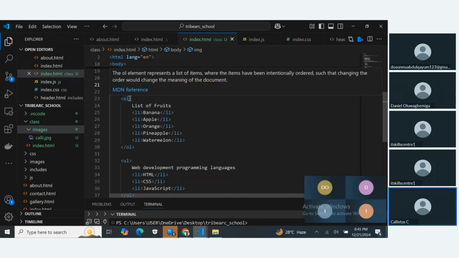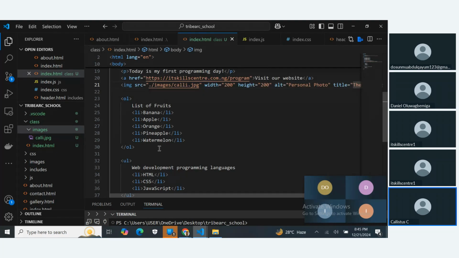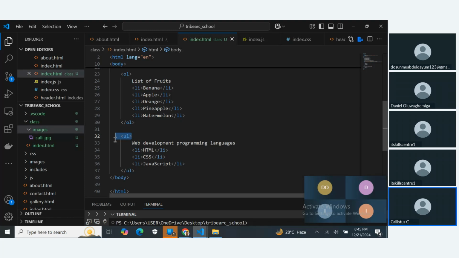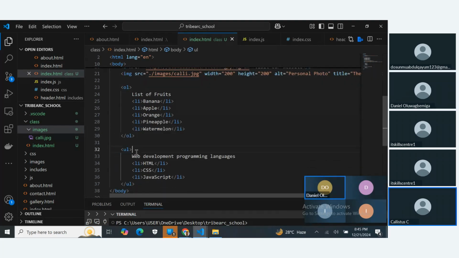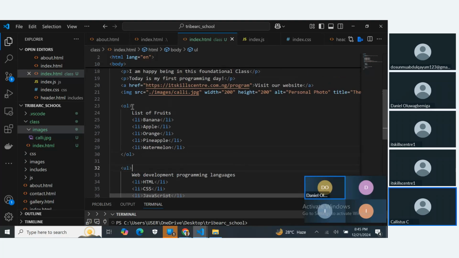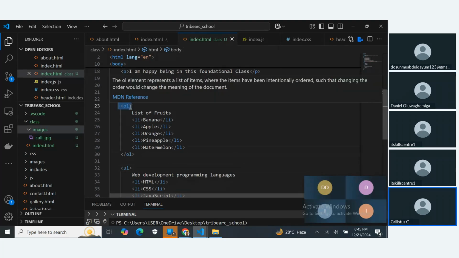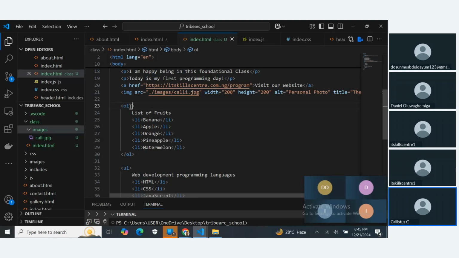So what I said, that the most important thing that determines whether it is ordered or unordered, that is whether we add numbering or bullets, will determine whether you are using OL or UL. OL means ordered list, while UL means unordered list. Now, you see this OL tag, so you can come inside here. Remember we talked about attributes, where we said that attributes are incomplete without